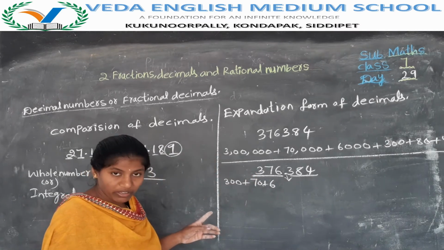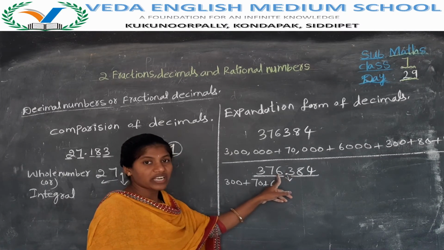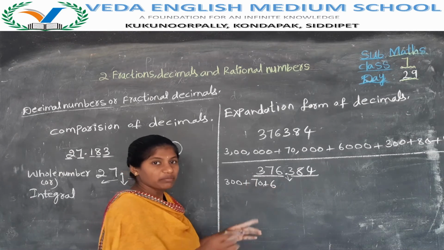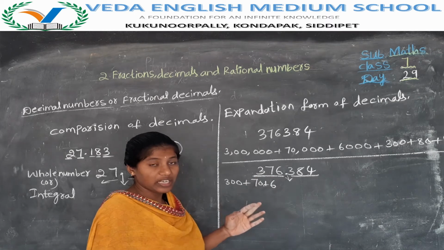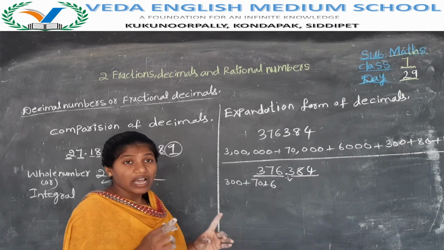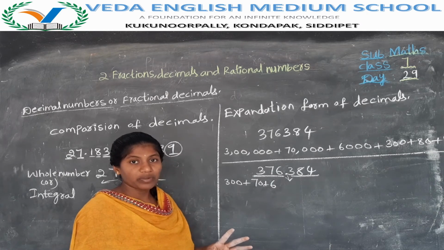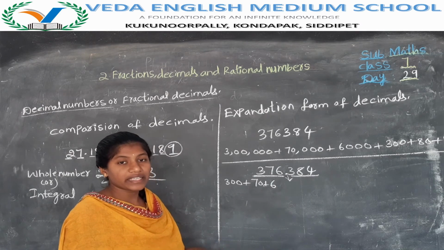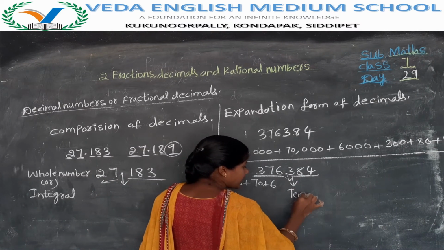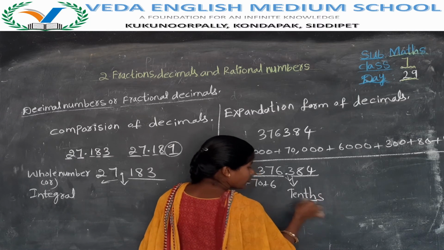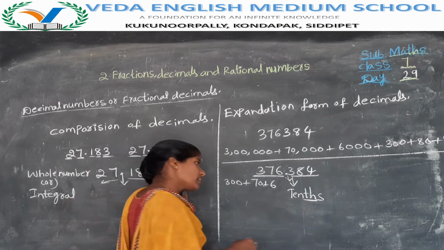Then here you have to remember one thing. Before the point, place values start from ones, tens, hundreds. That means we are moving from right to left, reading ones, tens. Then you have to remember one thing: after the point, in the decimal part, place values start from tenths onwards. The spelling here is TENTHS. You have to pronounce the TH. Tenths. Next, hundredths.